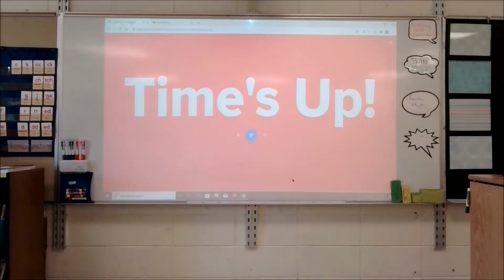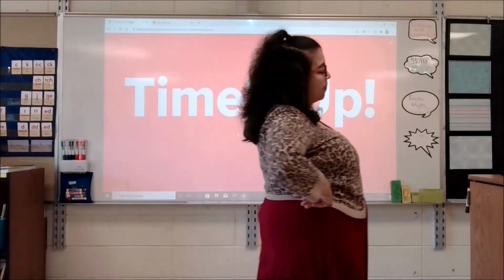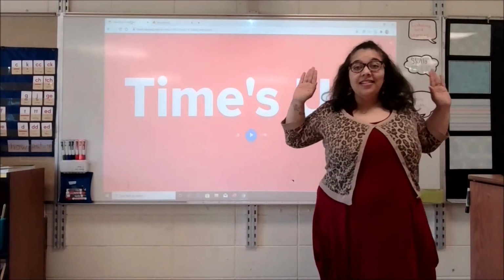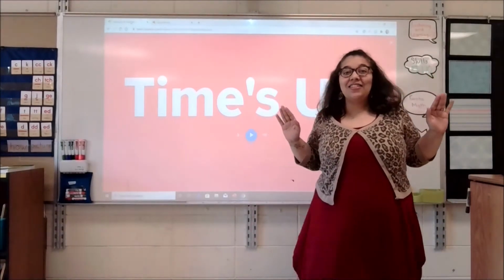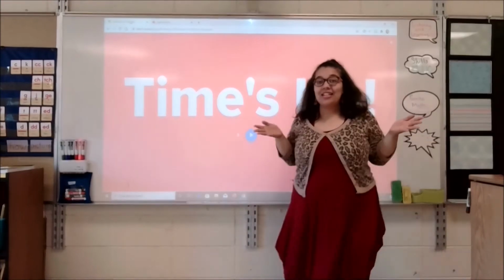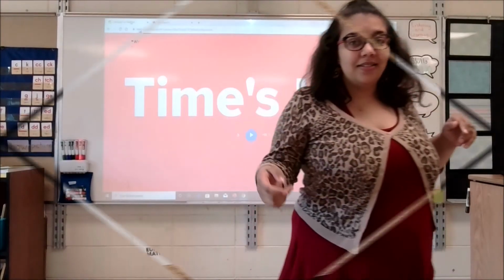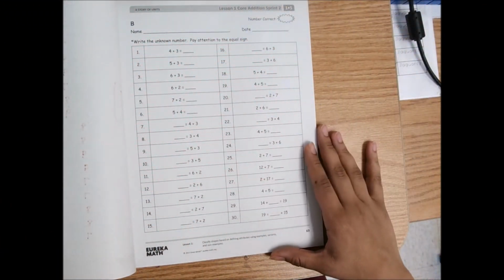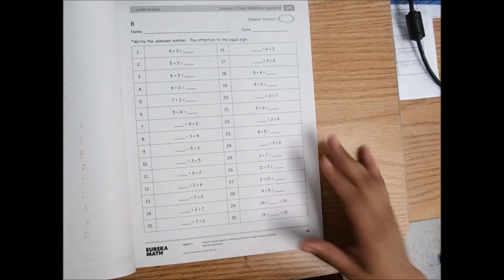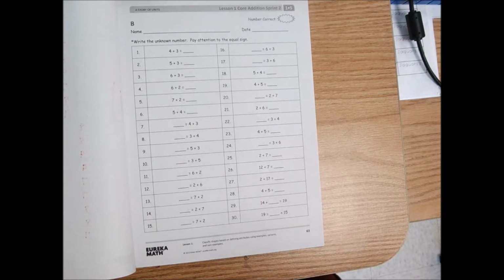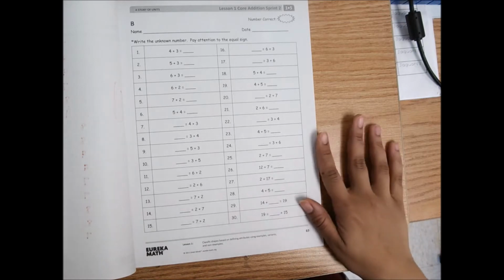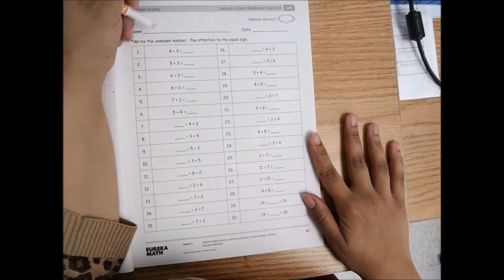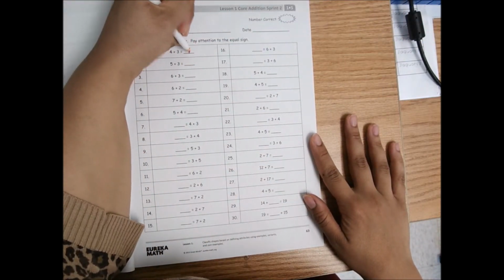All right, little tiny ring again, but that is the bell, and that does mean time is up. Let's go ahead and stop where we're at and check our work, see how we did. We're going to write the unknown number. Pay attention to the equal sign. So, starting at the top, number 1, 4 plus 3 is equal to 7,